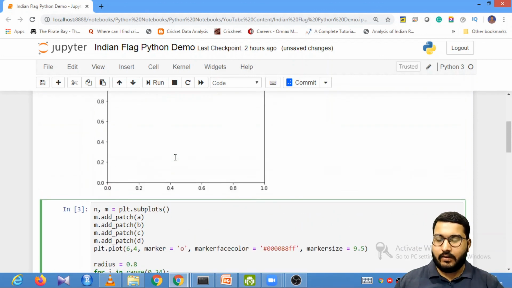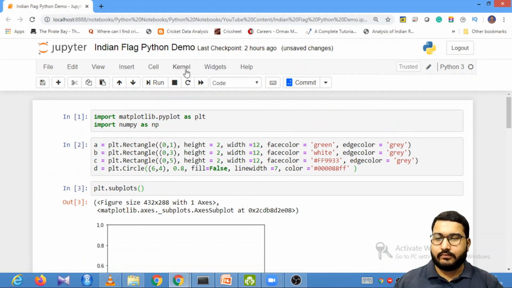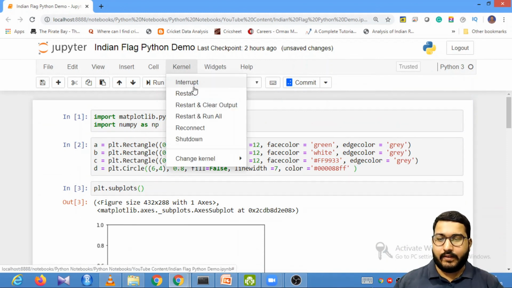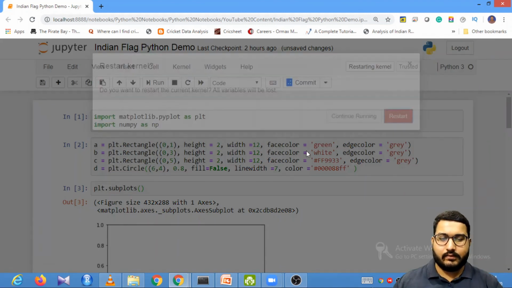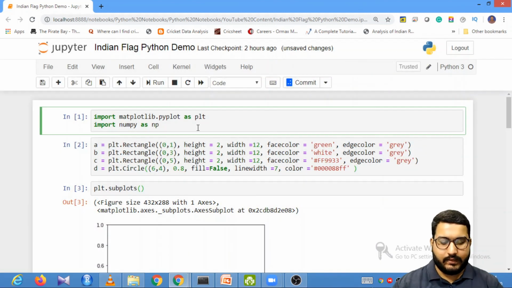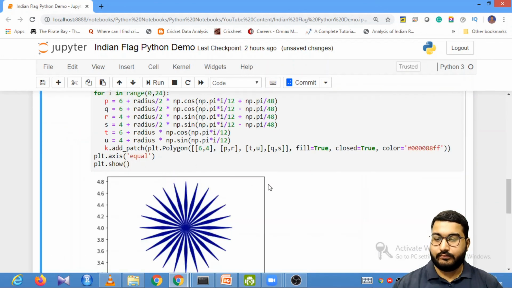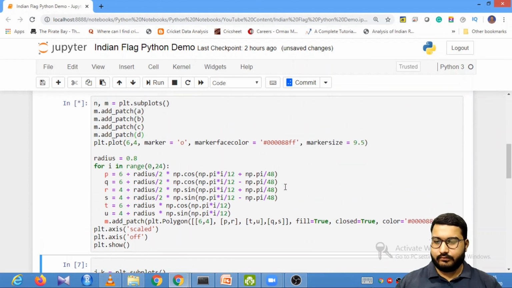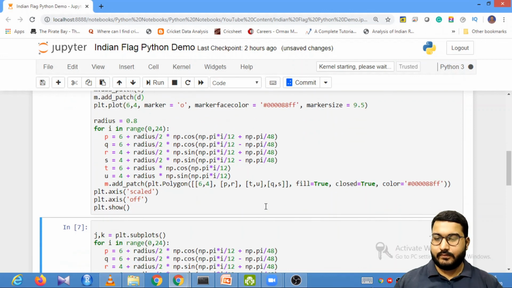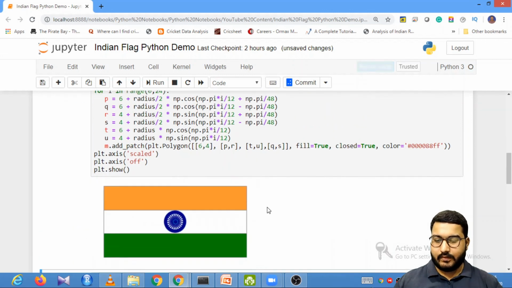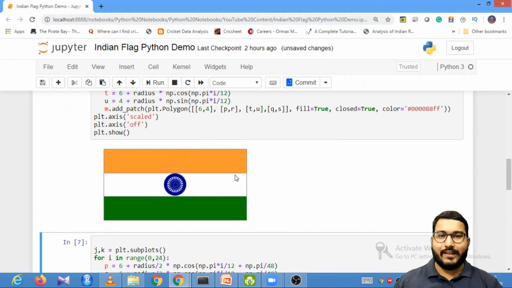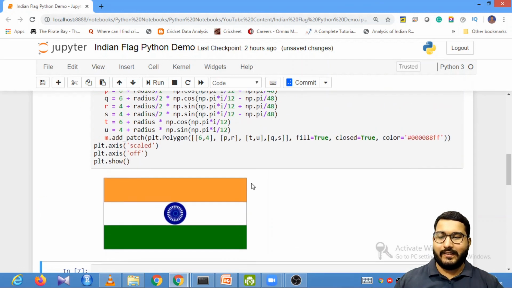If I turn this off, I will not have the x and the y axis, so I'll just have the plot. Let me restart it, because if I don't do this, I will get an error. Now you can see that we only have the Tiranga, and this is what was required.